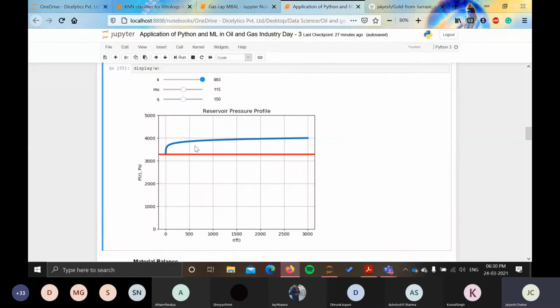Up till now you have only read the concept that when the reservoir permeability increases, the pressure drop will decrease. But by using Python and these data analytics tools, you can also visualize those things. Now, like I will increase the viscosity. By increasing viscosity, I know that the pressure difference will increase. So you can see that my pressure started decreasing as I increase the